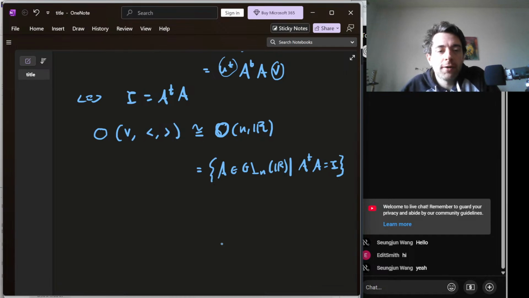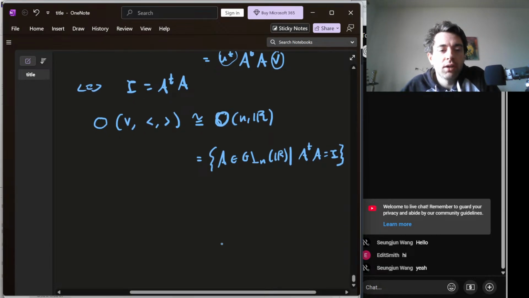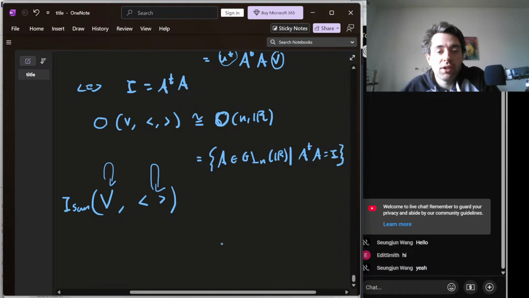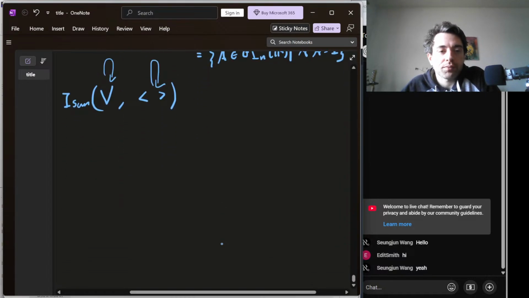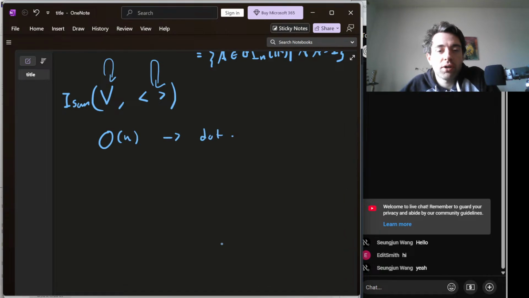So in general, a very important and interesting class of examples of, say, real Lie groups comes from choosing a vector space and some kind of inner product, and taking the group of what we might call isometries. That just means the linear isomorphisms of V to V that preserve the inner product. So for GL_n, there's no inner product. For O_n, this basically preserves the dot product.